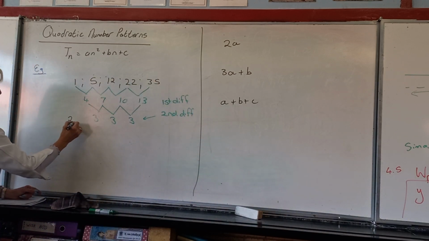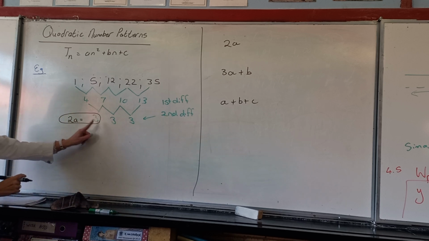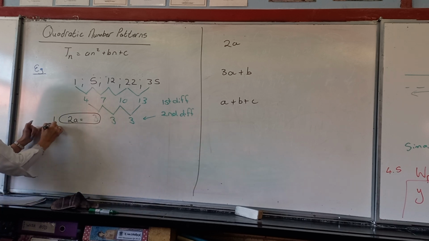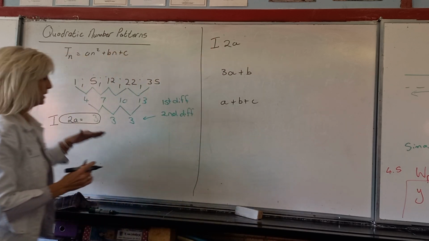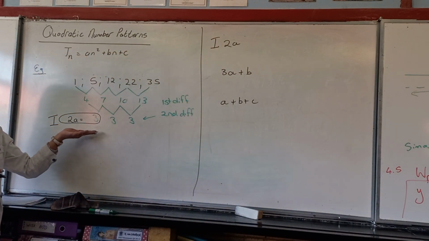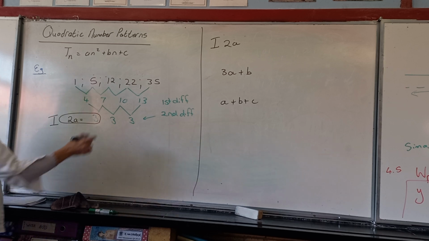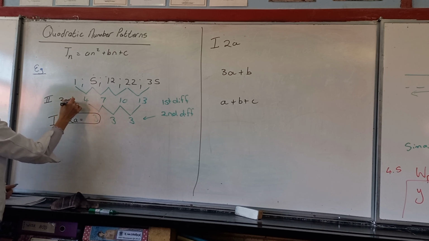You're going to say 2a is equal to whatever's standing over there. That number there, which is going to be the second difference. That's going to be your step number 1. You're going to put that 2a equal to 3, and what's going to happen here? You're going to find a. Are you with me? Then you're going to go to step number 2, and you're going to use 3a plus